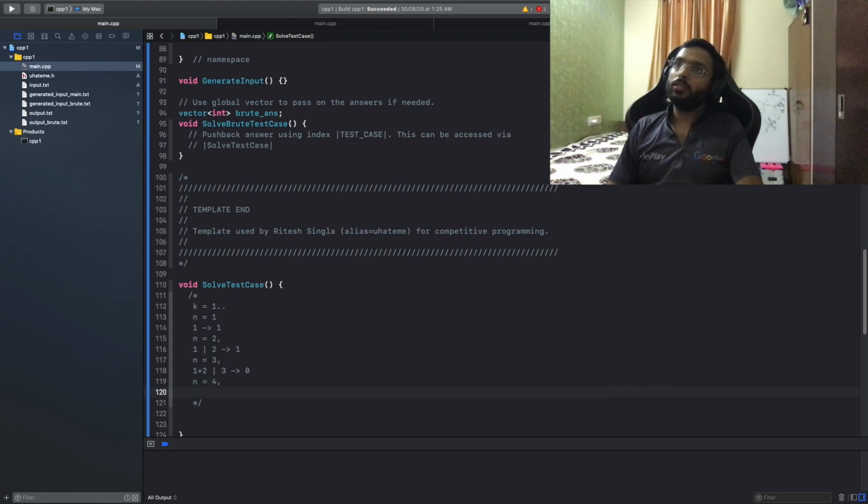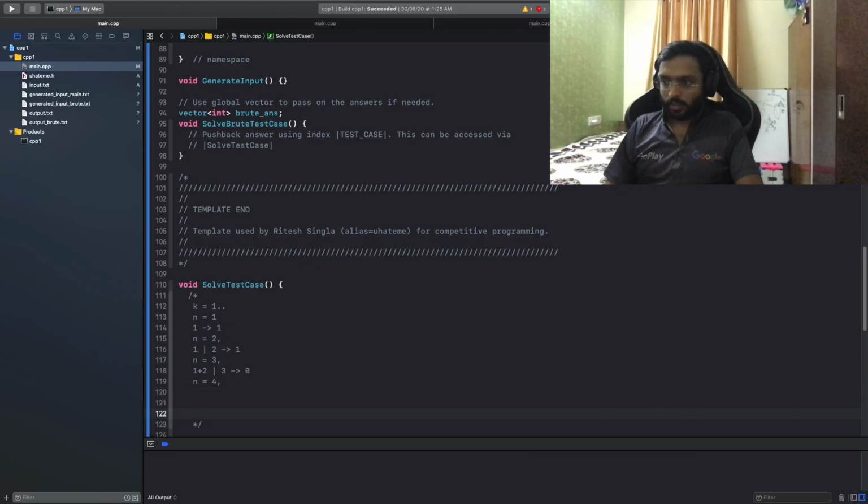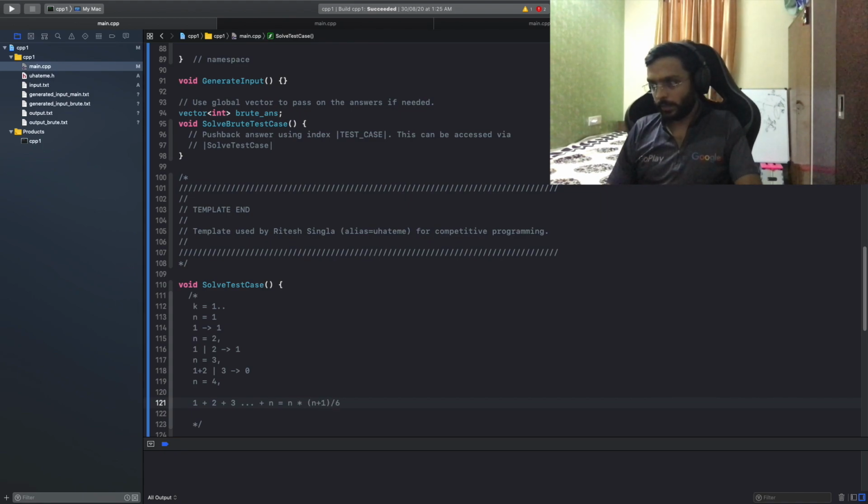For n equal to 4, can we achieve 0? The total is 1 plus 2 plus 3 plus 4, which is 10. So the total number of candies is 10, and I have to make it so that I have 5. Interesting. So the sum up till n natural numbers is n into n plus 1 by 2.